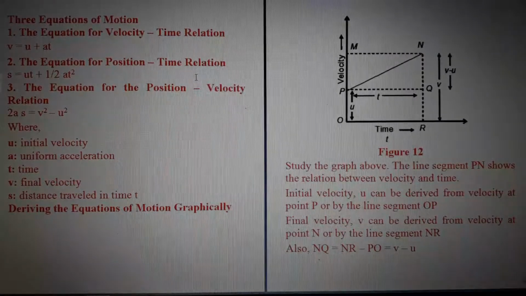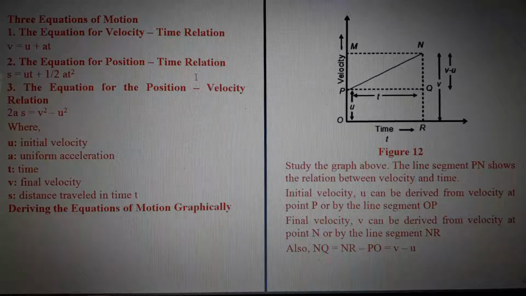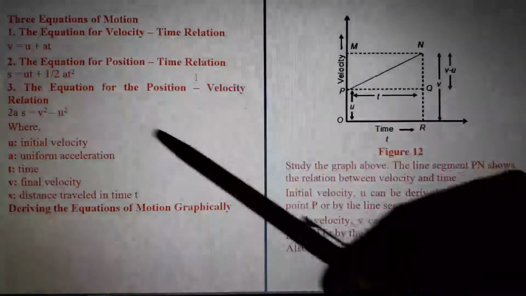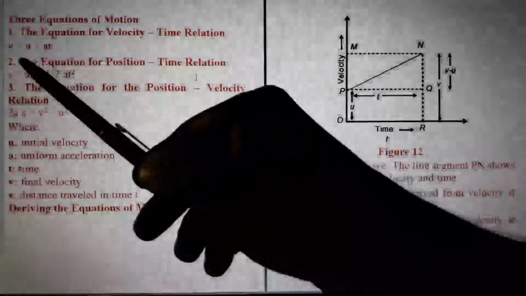the equations. First we will discuss only two or three. No, first two we can discuss. Otherwise, in one class, if I discuss all the things, it will be very confusing for you. So let us begin. First, we have the equation for the velocity time relation regarding acceleration, which is called v is equal to u plus at. That we can easily find from this graph.